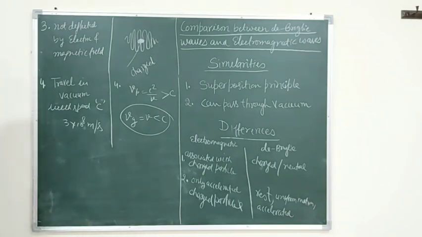It will be just a repetition of that concept again in this lecture. I would like to avoid that. What is the fifth point related to the difference between electromagnetic waves and the de-Broglie waves? The fifth point is that